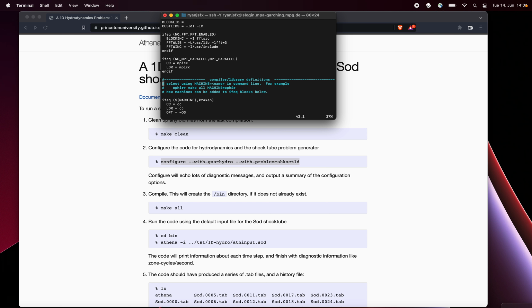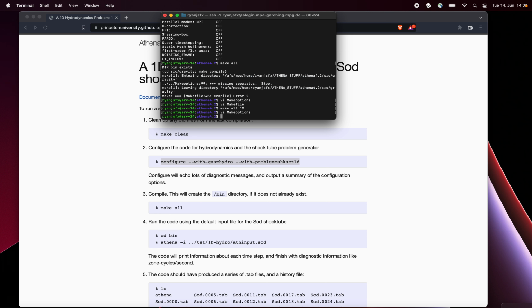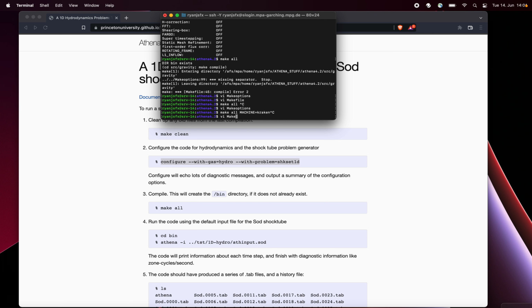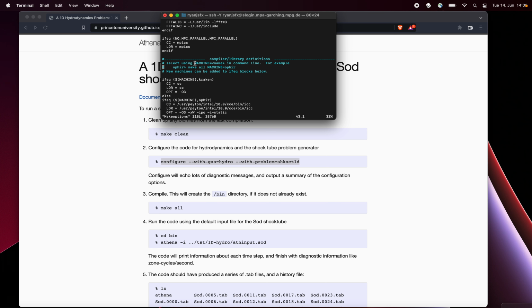Yeah, all right, select using machine name in command line. Example, Ofer: make all machine equal to Ofer. So we're just gonna do make all machine equal to Kraken, even though our machine is not Kraken, because in this make options. So I mean, one thing we could do is we could do else if equal